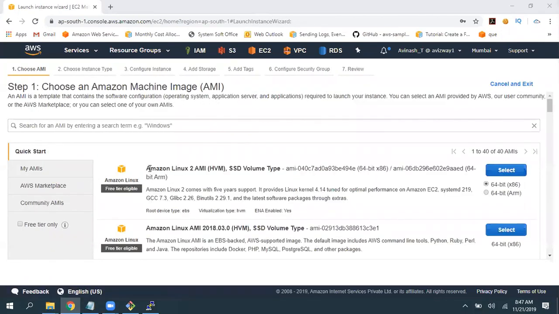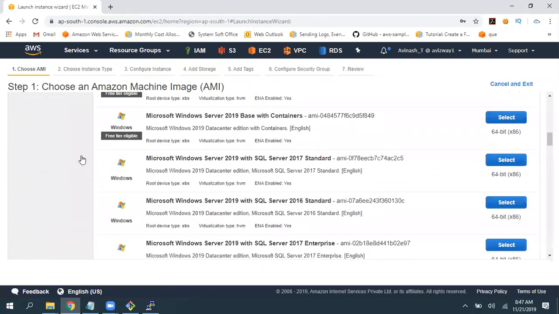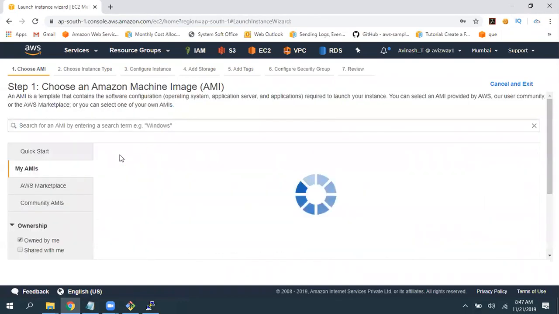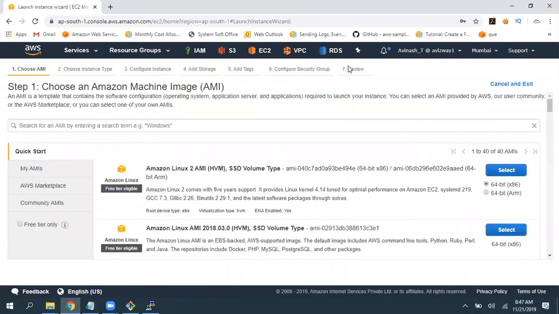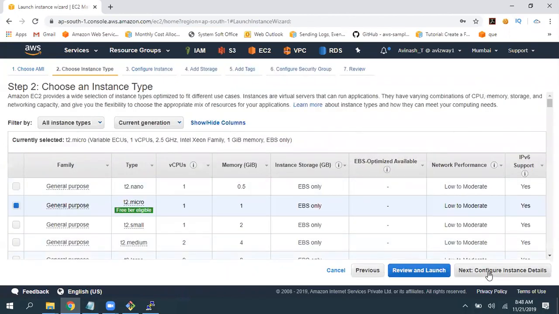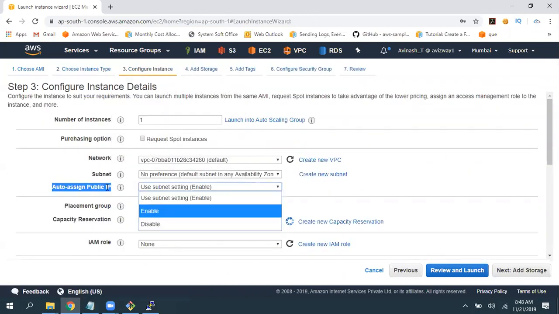As you migrated, you really need not select this plain operating system. Instead of this, you are going to select your customized or upgraded operating system. Then the remaining steps are the same. The public IP address allocation, public enable, disable, that is going to happen here in the third step.